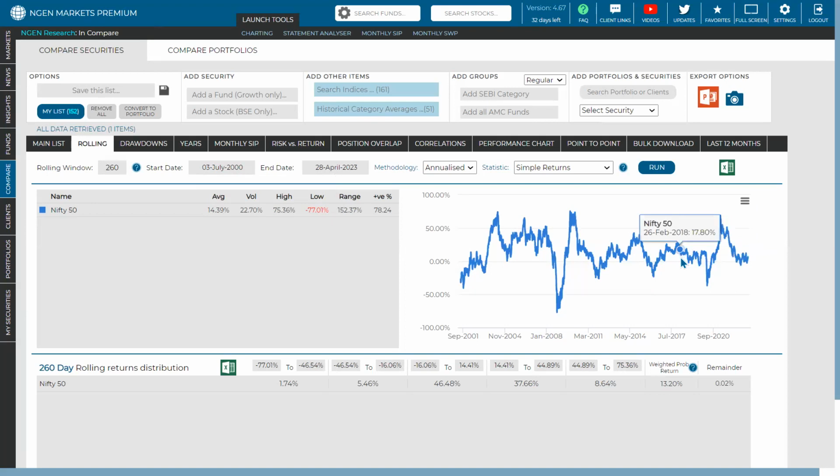So had I invested 260 days prior to 2018, I would have had a return of 17.80% for a 260 days. Now, what we are trying to achieve here is to show you the simulation: if you start investing every single day from 2000 to 2023, what is the average return that can be generated? That is where you can actually see that this is the average of all the rolling data